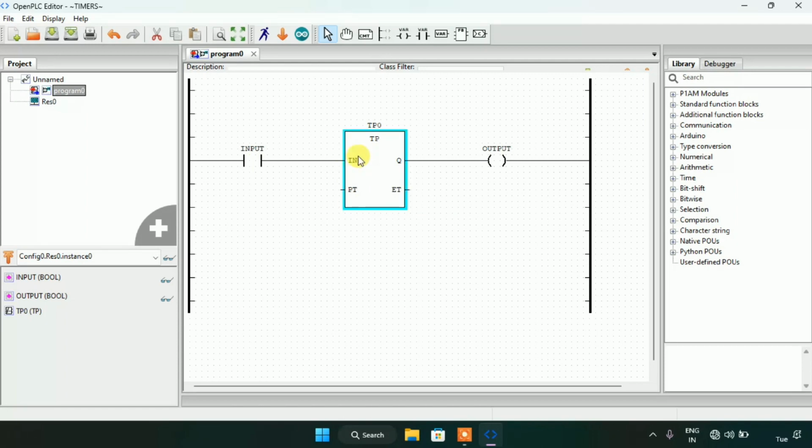Now as you can see on the function block, on the left side there is IN, which is input for short, and on the right side is Q, which is coil at the output, and below you can see that there is PT, which is preset time. Now for the preset time I'm going to need a variable here